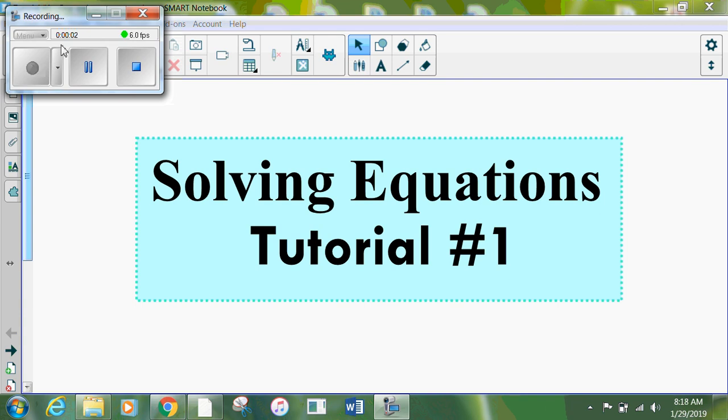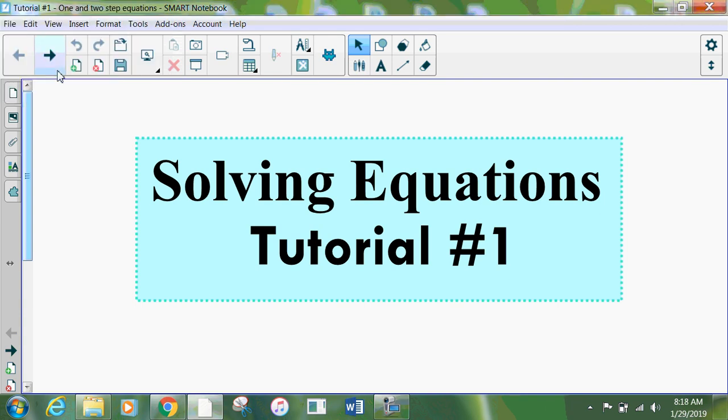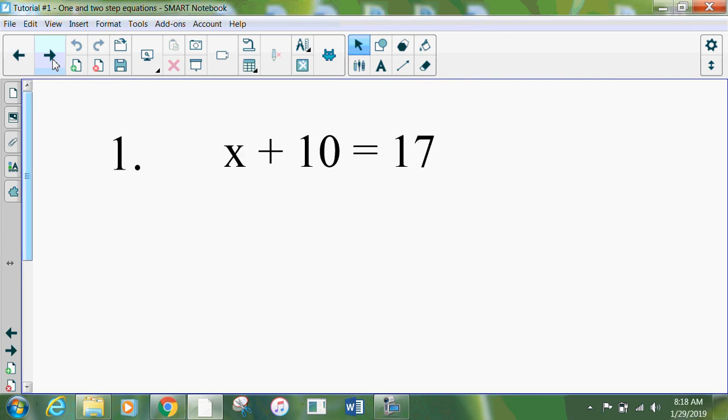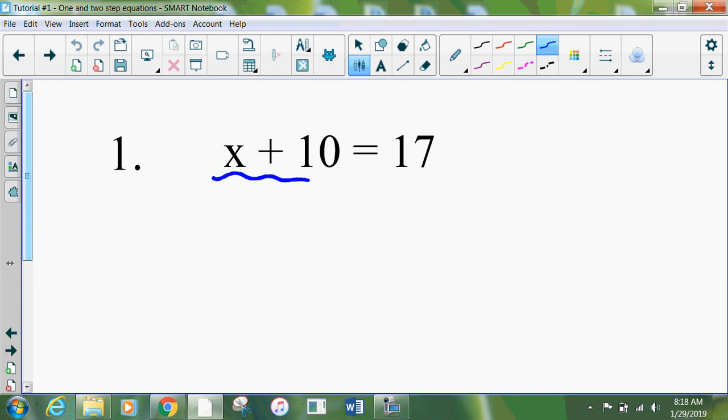Okay, here we go. Solving equations, tutorial number 1. We're going to look first at one-step equations, and I know that you did a lot of work on this in previous years in math, but it's always good to go over and make sure you're understanding things correctly. An equation is about whatever's on one side of the equal sign having to be balanced with whatever's on the